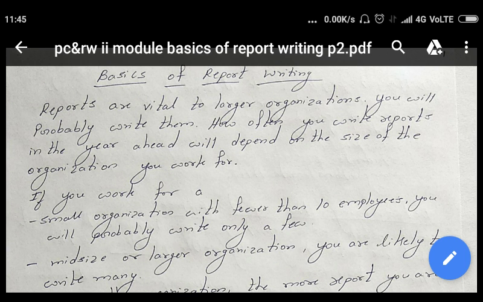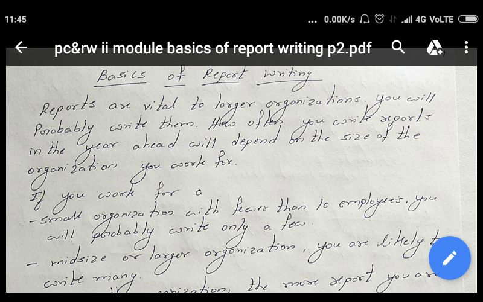Okay, now I'm going to give you one example: the reports which are prepared by students at the end of the semester on the projects they have done. In the project they have carried out, the literature survey they have done, the proposed system, and what are the functions in that particular system. A lot of information you put into that, and at the end of that semester you submit it here. That is one example of the report you submit on the work you have carried out.